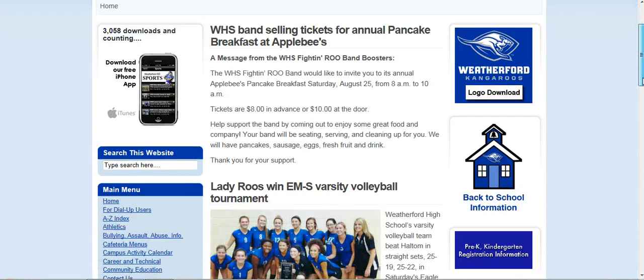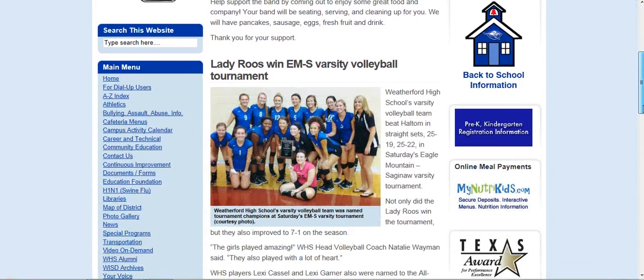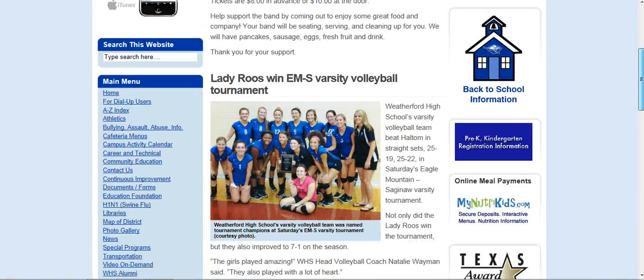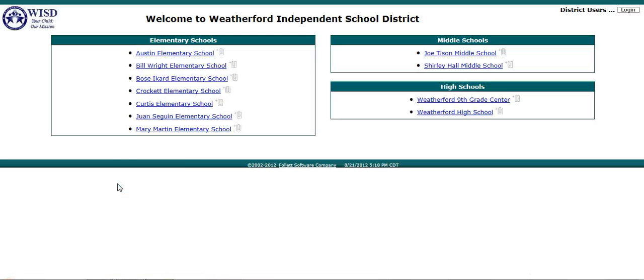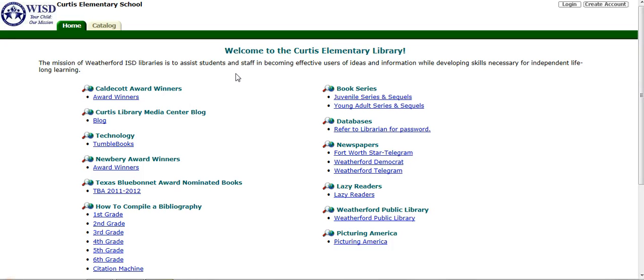Hey, I wanted to show you how you can look up books on the library catalog. If you'll go to our main Weatherford ISD website, and scroll down on the left-hand side, it says libraries. It will take you to all the district libraries. If you click on Curtis, you can see this is the resource page for different things that you have access